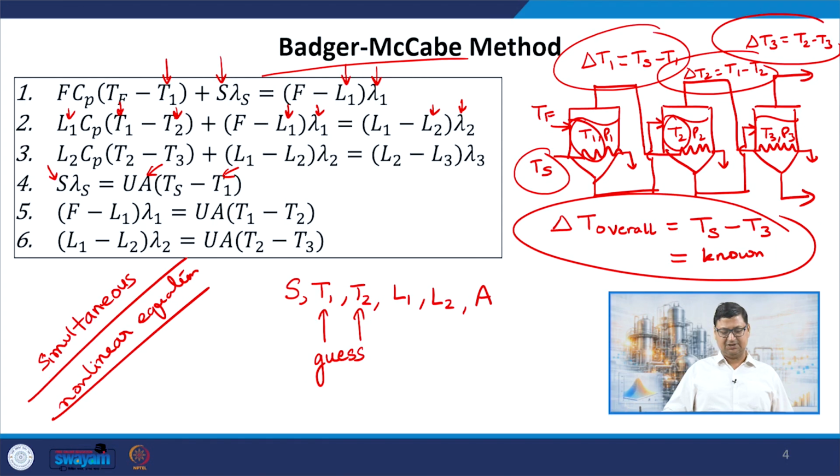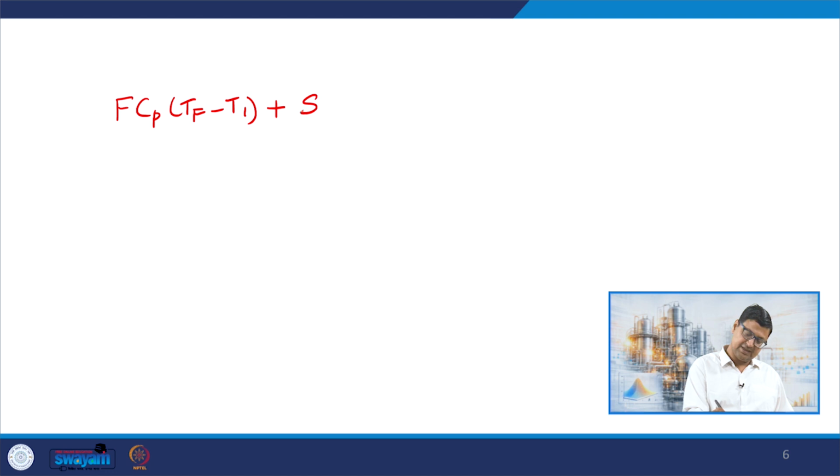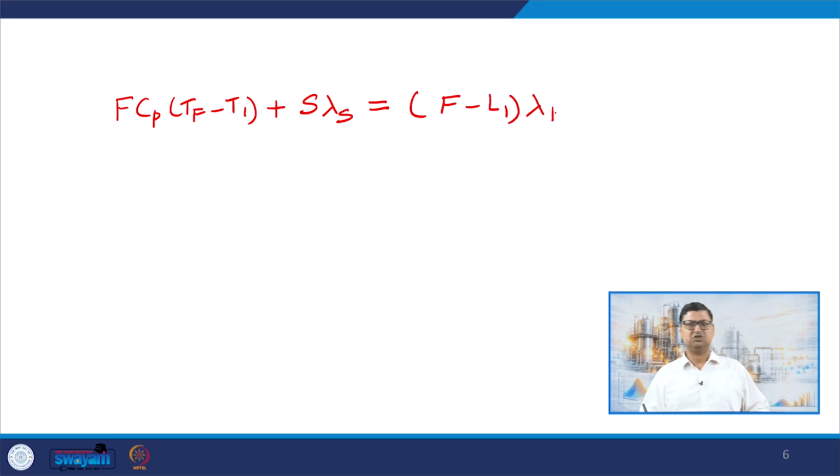We had 6 equations in total. Let us look at the first three, the energy balance equations, right? What are those equations? F Cp (TF minus T1) plus S lambda S is equal to (F minus L1) lambda 1. Let me just stop here. My unknowns